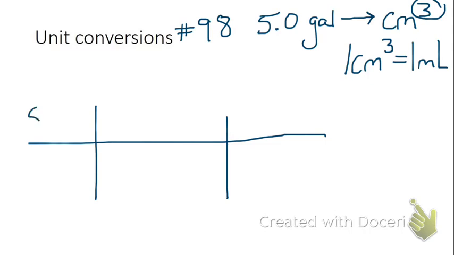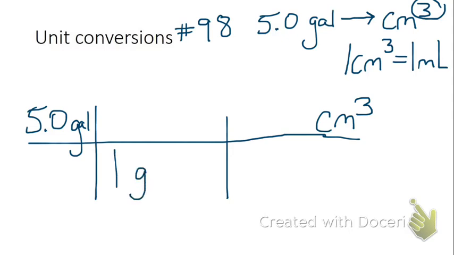So what I do is I always start with what we know at the top left corner. That's a gallon. What we want is in the top right corner, or at least the unit of what we want is at the top right corner. And so now we have to go from gallons to centimeters cubed. So we need to find out what 1 gallon equals. 1 gallon equals